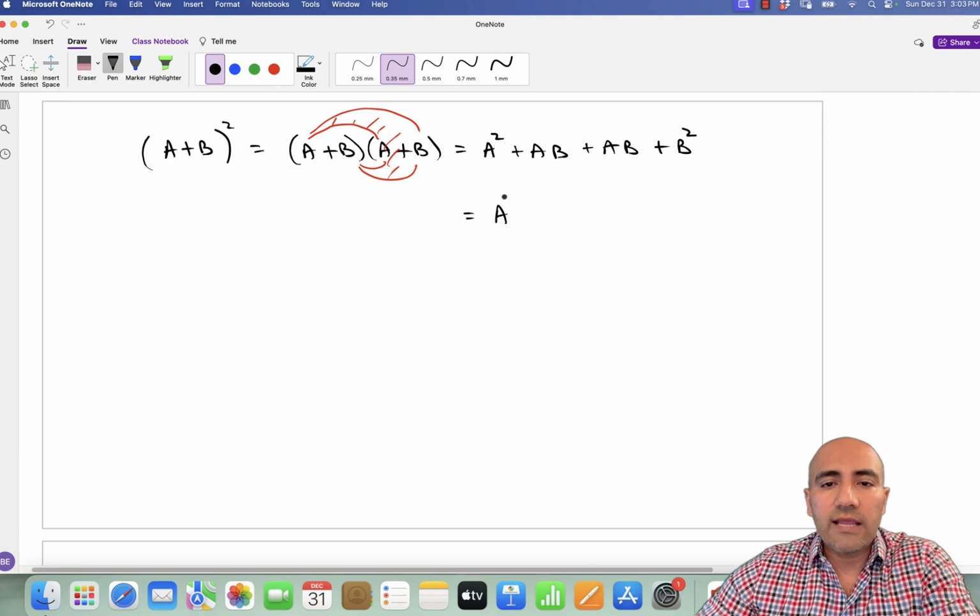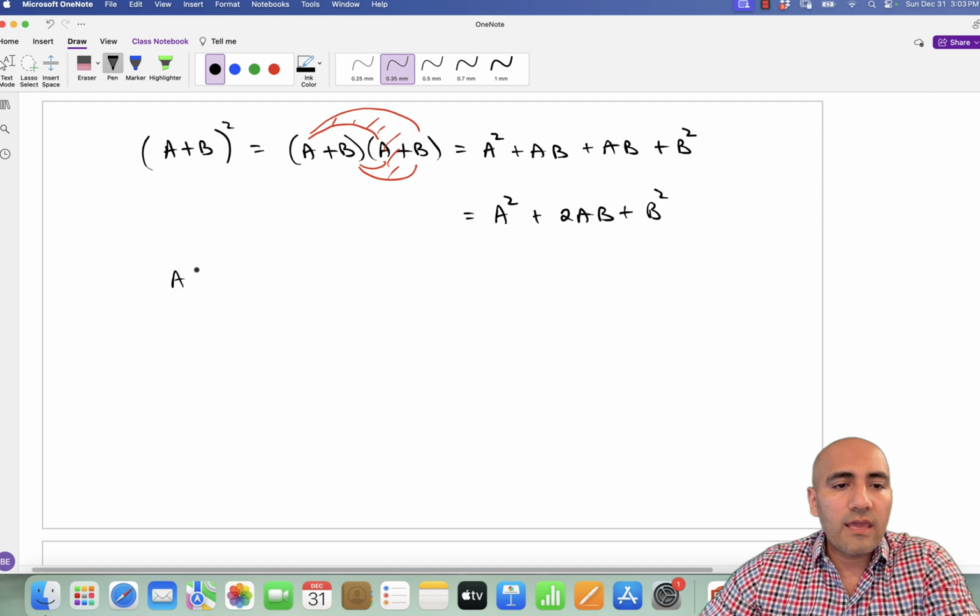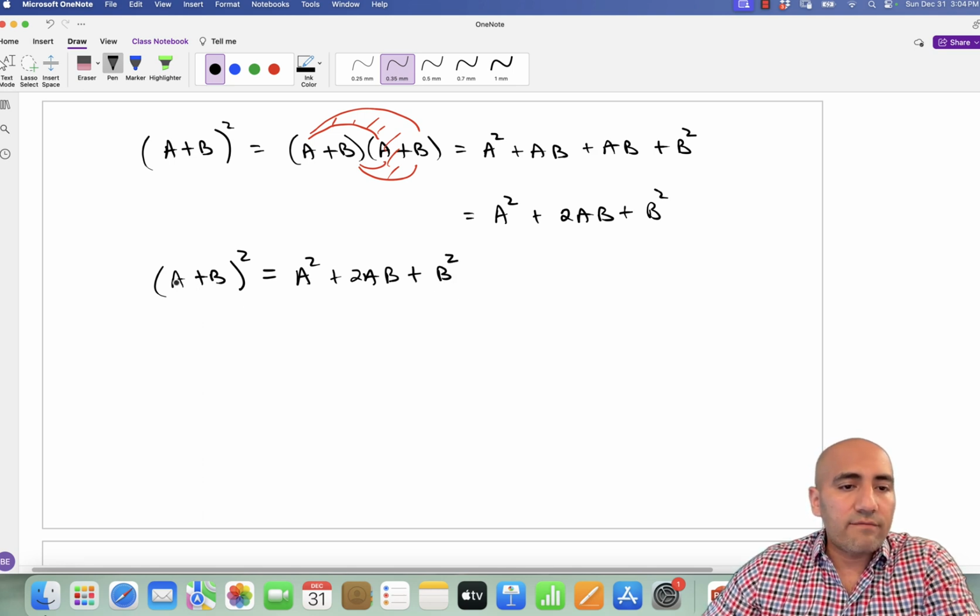And so this gives us a squared plus 2ab plus b squared, and that's where the formula comes from. That a plus b parentheses squared, if you see something that fits this form, then I know that the answer is just a squared plus 2ab plus b squared. So it's the first term squared plus the last term squared at the end, and the middle is twice the multiplication of the 2. Again, for example, if we had